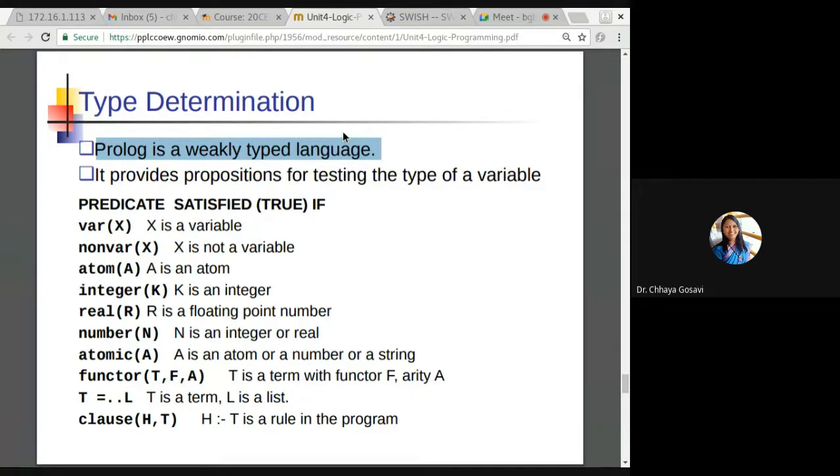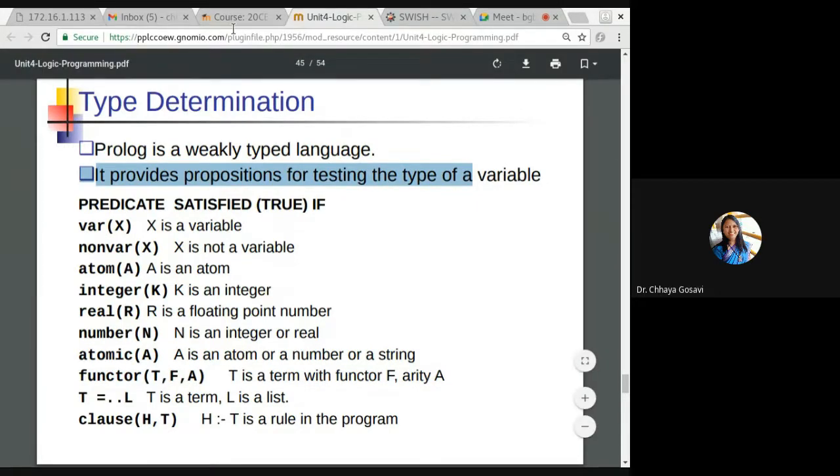So strongly typed languages are very strict about type checking rules, and weakly typed languages don't concern themselves about type checking rules. Similarly, Prolog is a weakly typed language. It provides predicates for testing the type of a variable. Yes, there are variables and these variables have types. Even if we are not explicitly defining variables in Prolog, Python, Lisp, Scheme. These are dynamic type languages. Dynamic means type is decided at runtime depending upon what value we are assigning to it. Here X can be a string, a list, or an integer, depending upon the value we pass to that variable.